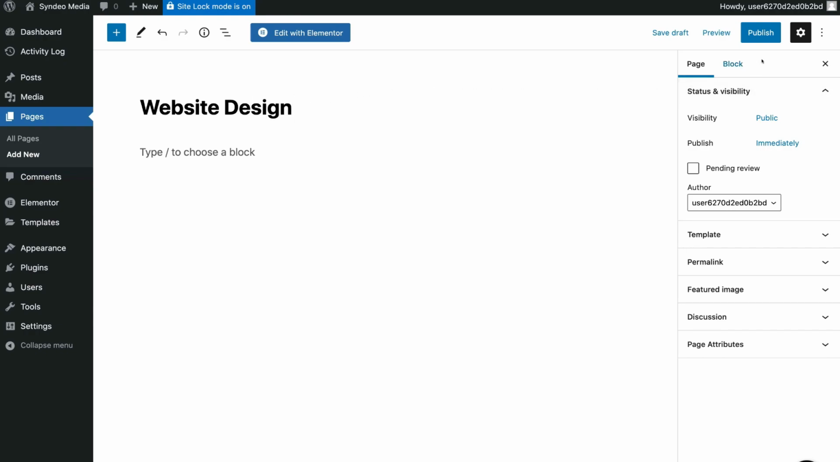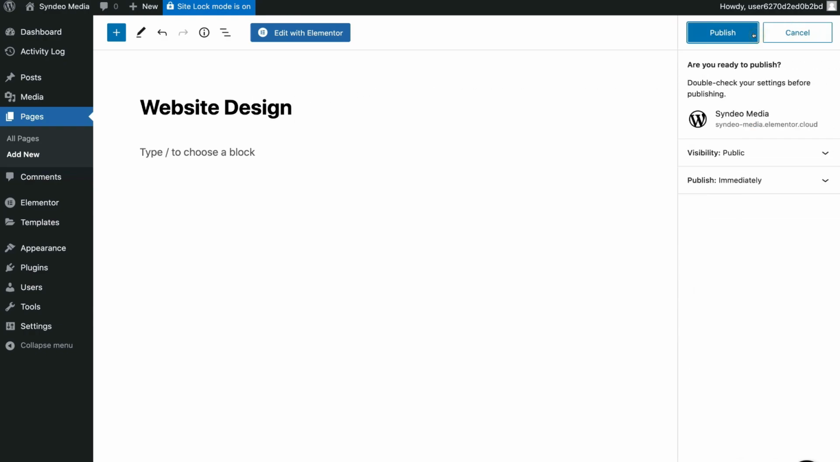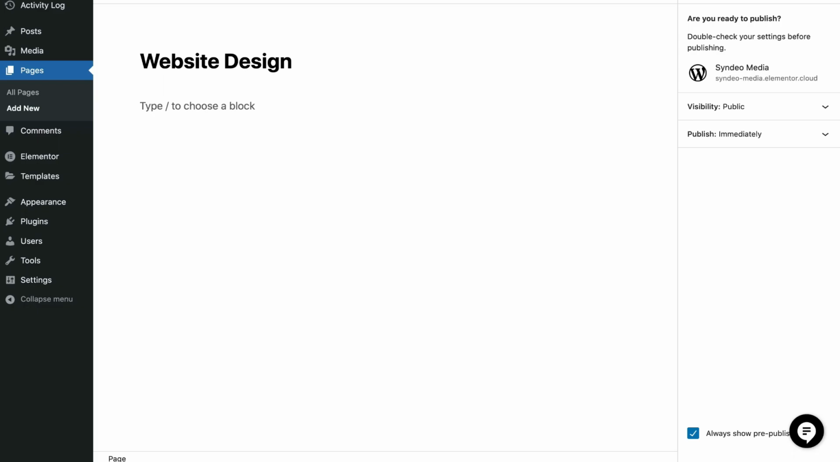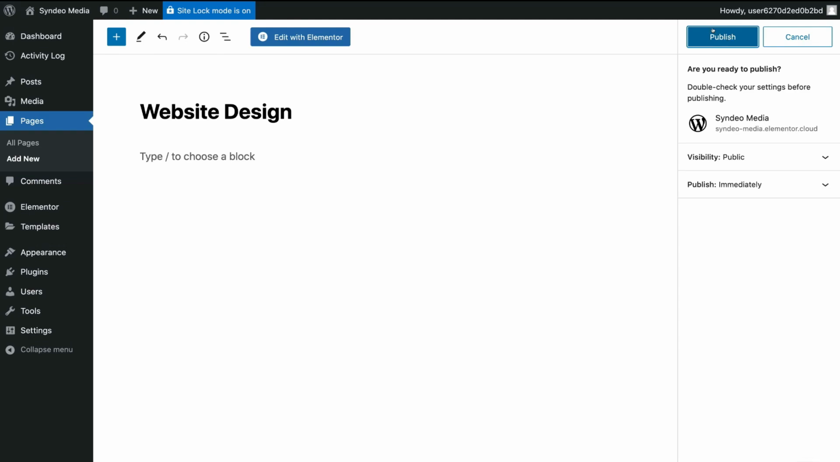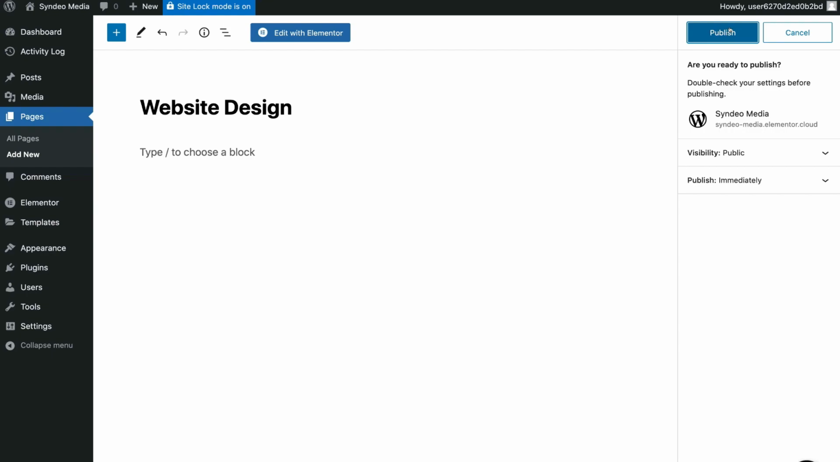And then simply navigate over to publish and then click publish again. The only reason I'm doing this is because we still have site lock mode turned on. However, if your website was live, then what you would do is create a website page as a draft and build your website page before actually publishing your page. However, like I mentioned, because we have site lock mode turned on, we're going to go ahead and publish this